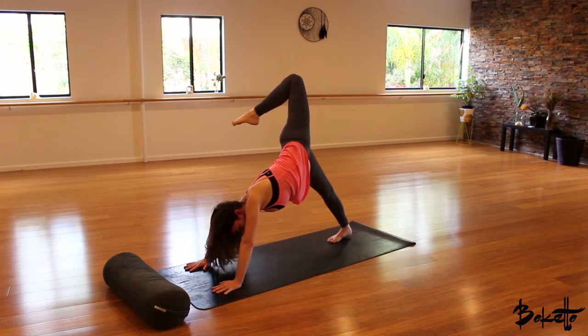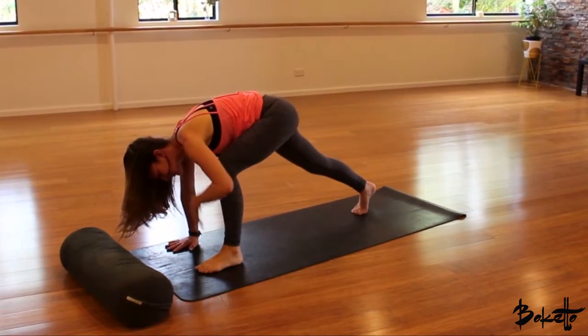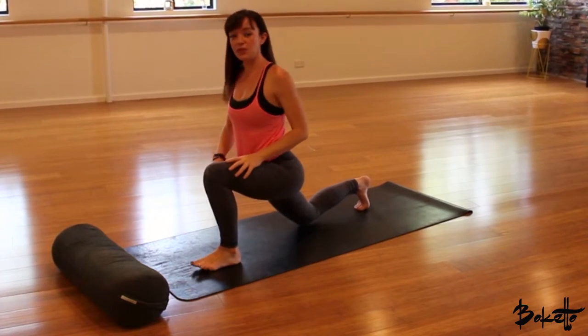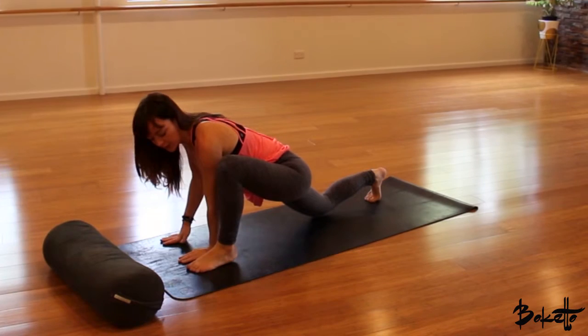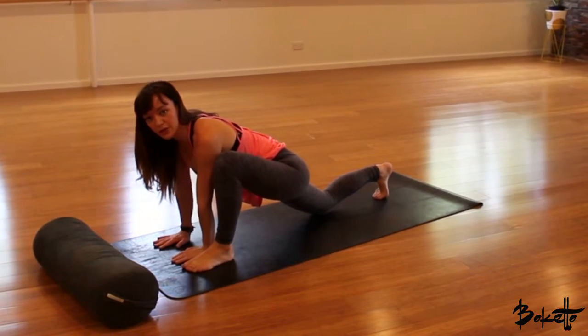When you're ready, inhale, bring that left knee in towards the chest as we set up for a lunge on the other side. Pop the left foot down onto the earth, right knee comes down, and we'll come into our lizard lunge on this side. So bring the hands to the inside of the left foot. You might want to shuffle that left foot out a little bit,